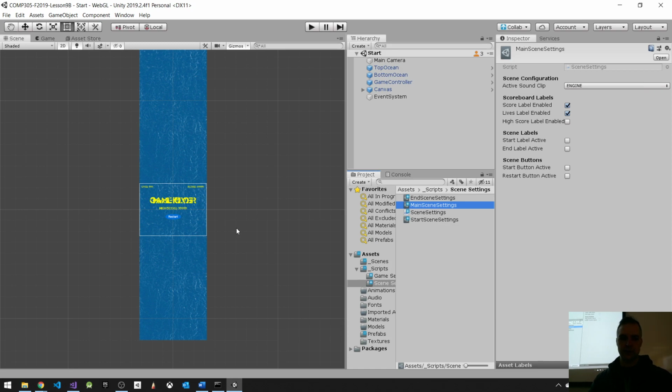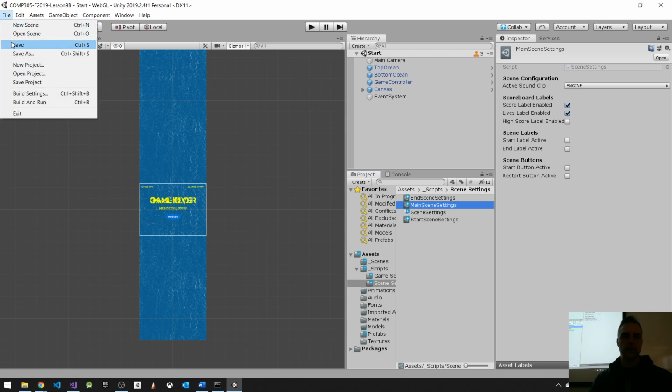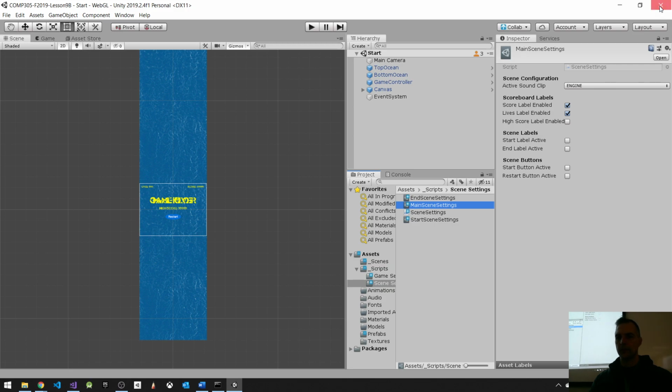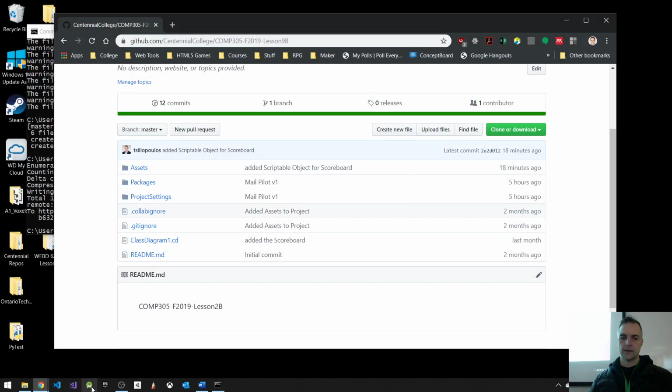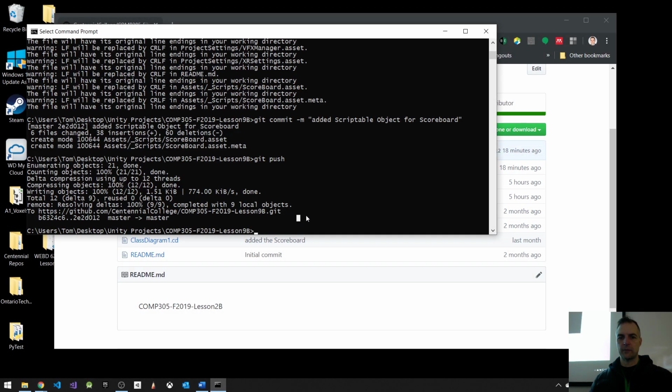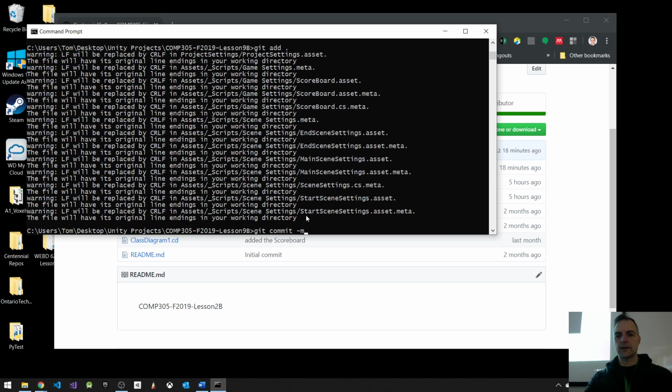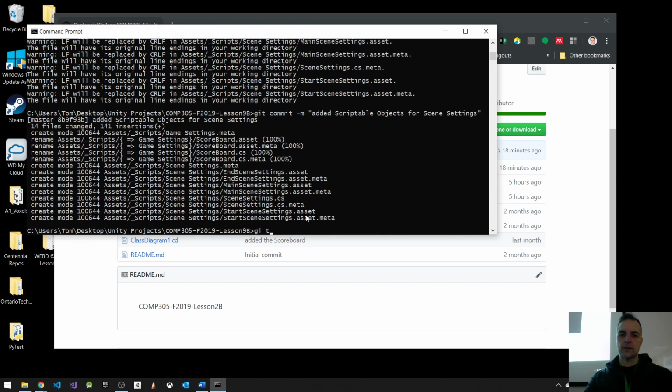All right, so let's just save this, save the project, save the scene, close up my Unity, and then I'm going to go into here and say git add dot, git commit -m, added scriptable objects for scene settings. I haven't enabled them yet. I've just added them. Git push,